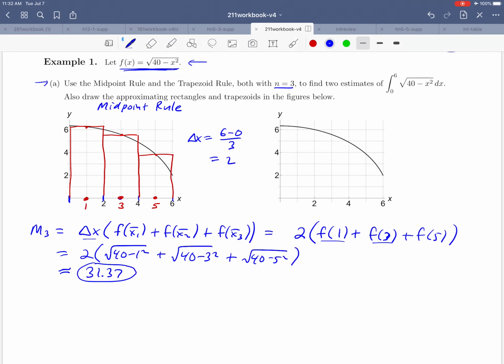Well, what about the trapezoid rule? Let's draw a picture of that on the graph to the right here. Again, n is still 3, so we're still chopping this into 3 pieces. For the trapezoid rule, we're not using rectangles, we're using trapezoids to get our areas. So if we draw those in,